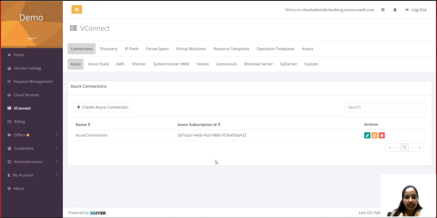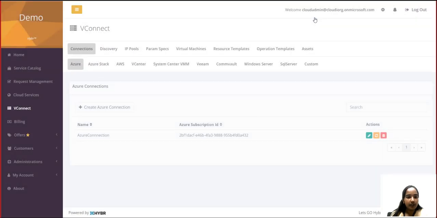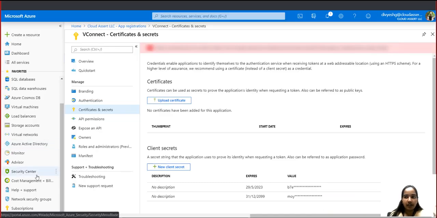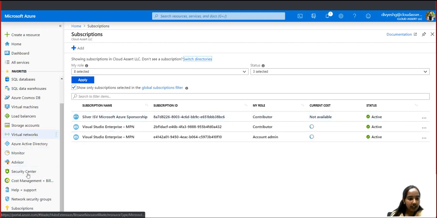The parameters which need to be configured here, like subscription ID, Azure ID, tenant ID and password, can be fetched from your Azure portal. If you navigate to your Azure portal, you can see the subscription. This is the subscription ID under which the resources need to be created. Once you move on to the Azure Active Directory,